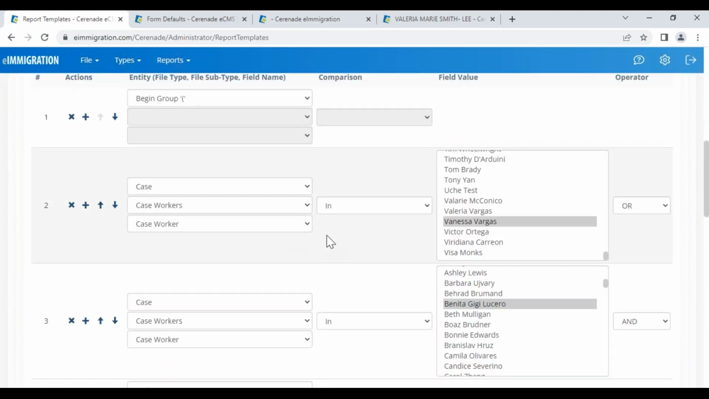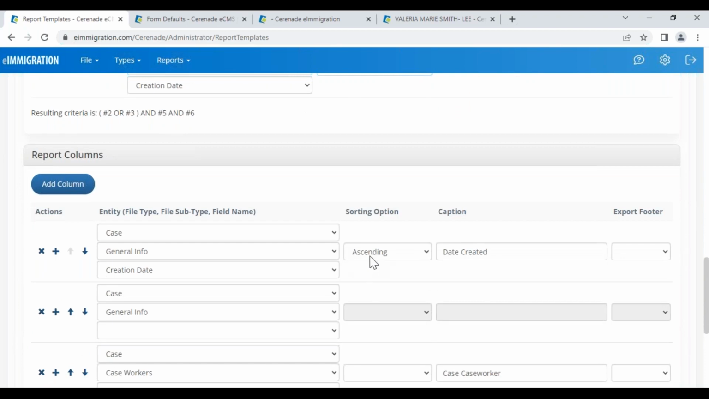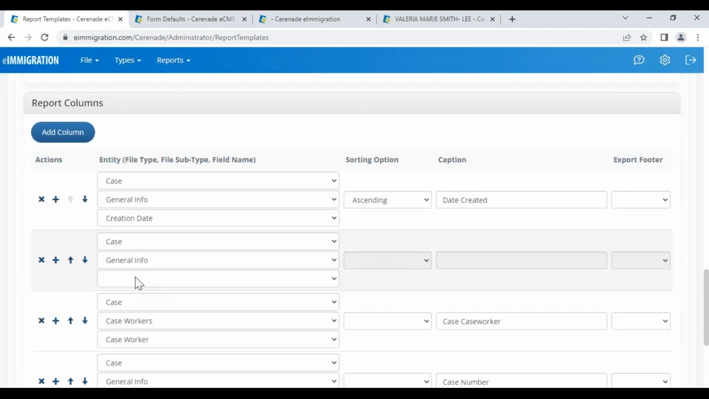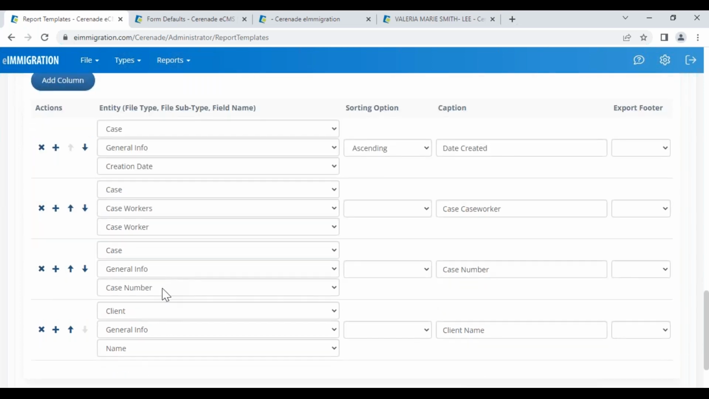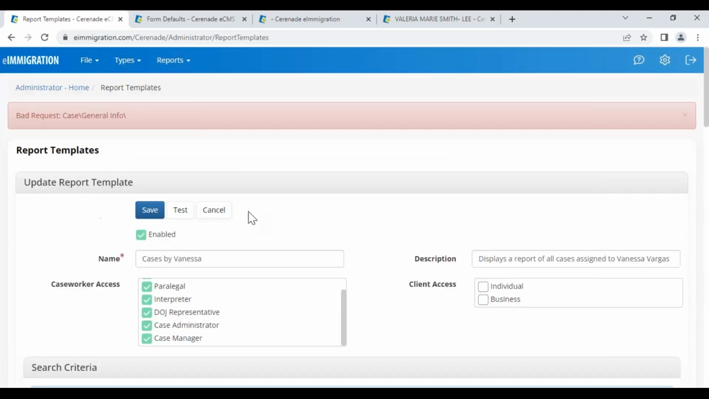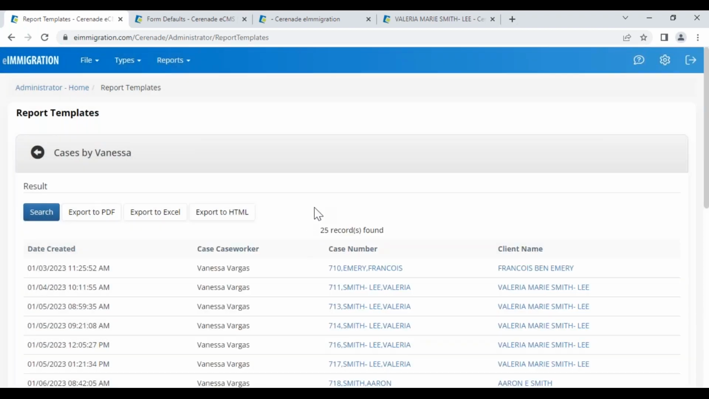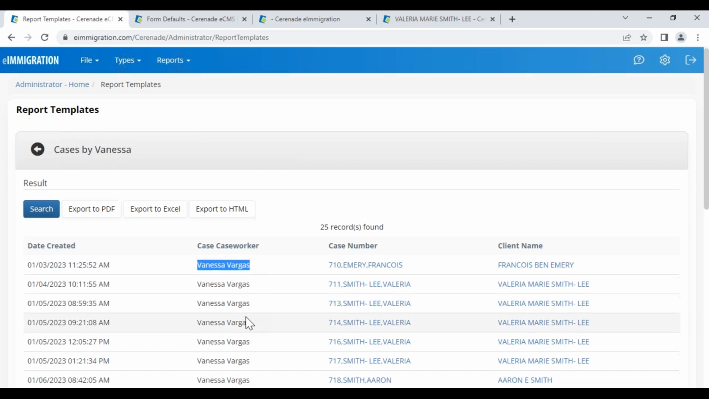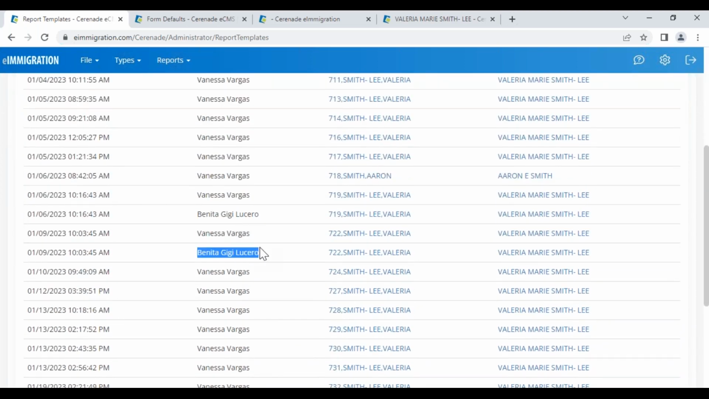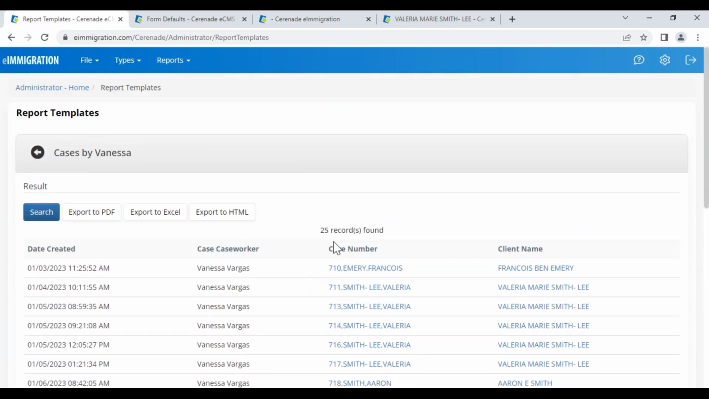I did something wrong. And ascending. Oh, what happened here? Case creation, case worker, case number, client's name. Oh, and when the case was created. Oh, it's right here. Case creation date, case worker, case number. Sorry, it might be because it's Friday. I'm exhausted. Case creation is here. The case worker, so it should be, yeah, Benita has some cases created this year, and then the case number